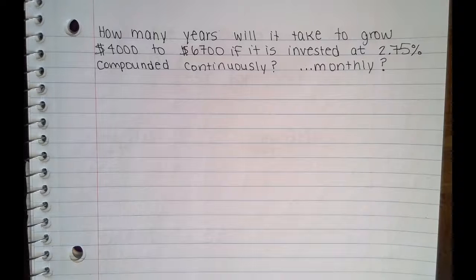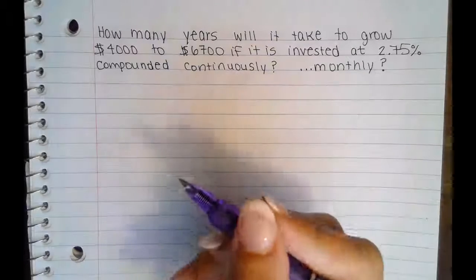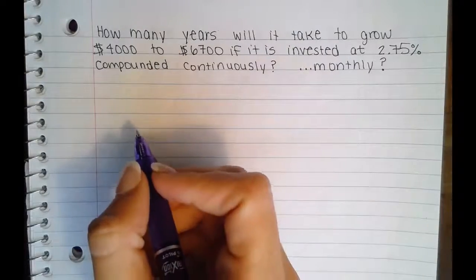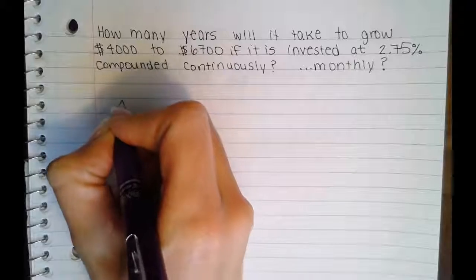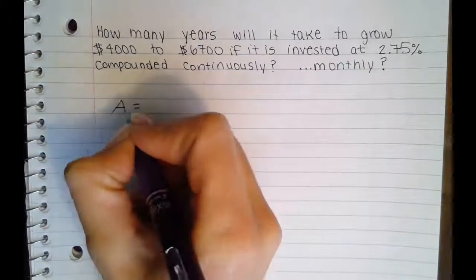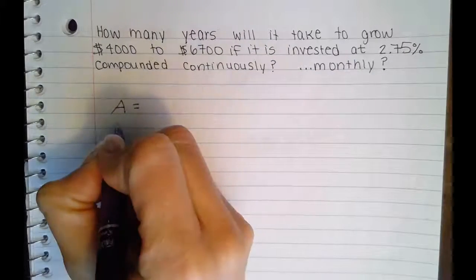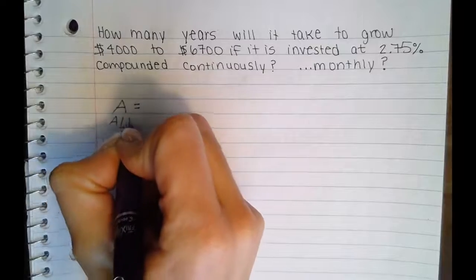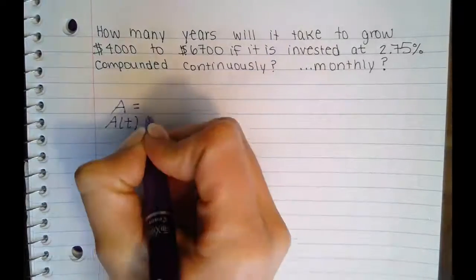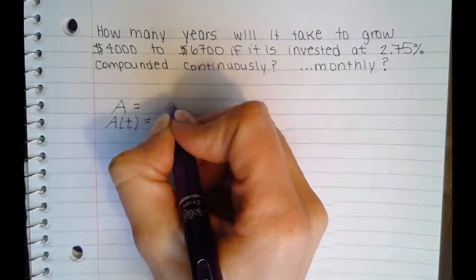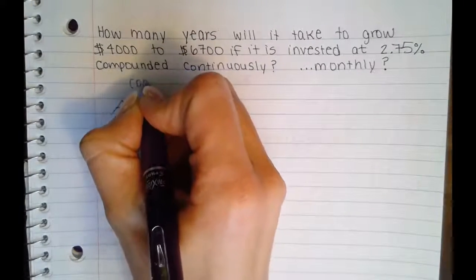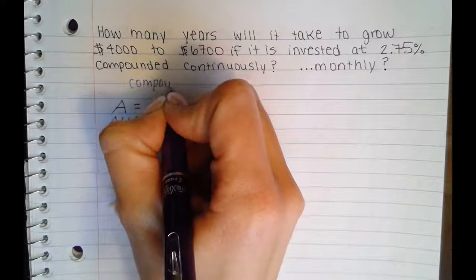Before we do this next example, it's probably a good idea to make sure you're familiar with two common banking formulas that you used in Algebra 2. A is going to be our amount at the end. Sometimes people write A of t. It means the same thing. All right, A or A of t equals, well, if we're going to compound interest continuously